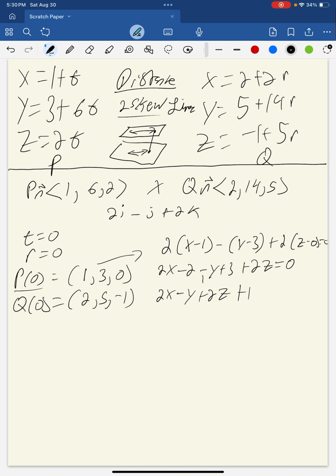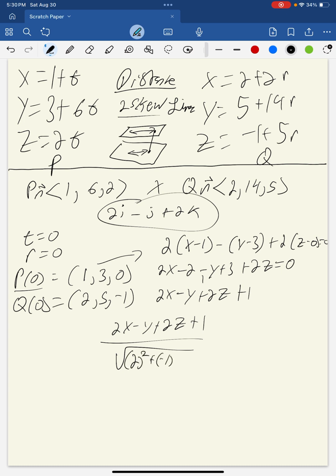So now that we have the reduced form of the plane, we can plug it into the original equation, which was that the distance was equal to this equation of the plane over the magnitude of the cross product of the two normal vectors, which will be coming from this one: 2 squared plus negative 1 squared plus 2 squared. Okay, and if you're wondering, how do we get rid of the variables for this? That's where the second equation, Q, or the second point Q, comes in. So this will be